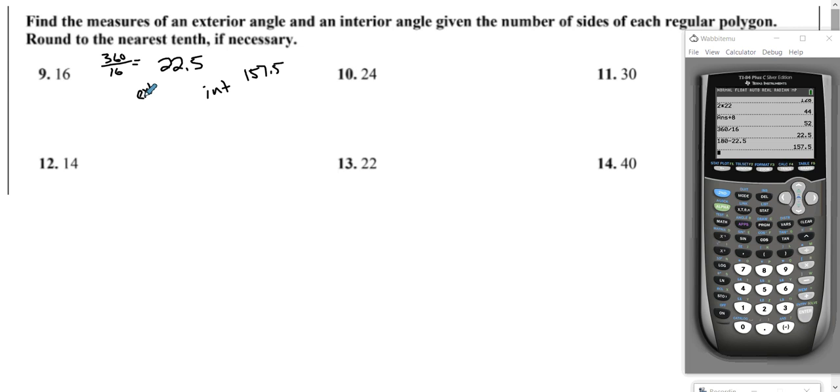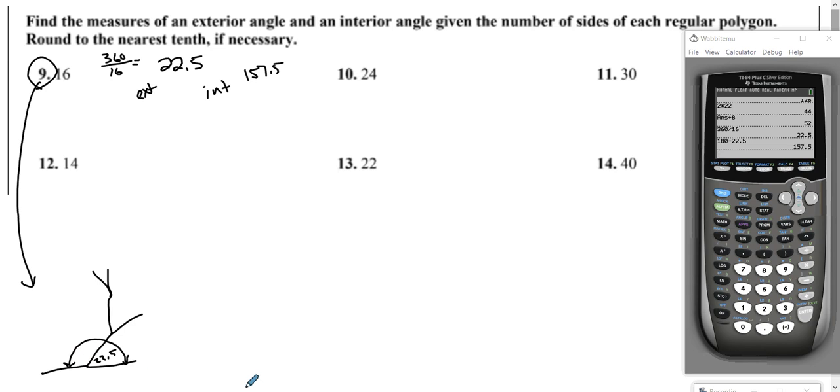Now, I'm going to quickly show you why that's true. Imagine, if you will, the exterior angle of this polygon. It's got 16 sides. I'm not going to try to draw that, but we know that there's exterior angles, right? And one of them is 22.5. Well, think about it. If the exterior is 22.5 and it's right next to an interior one, the interior and the exterior are making a straight line together. So that's why I can do 180 minus that to find the interior. That will always work. But for your sake, when it says to do this, and this is the number of sides, you can find each one by just doing 360